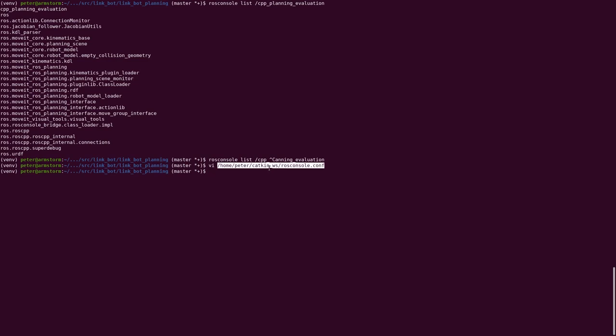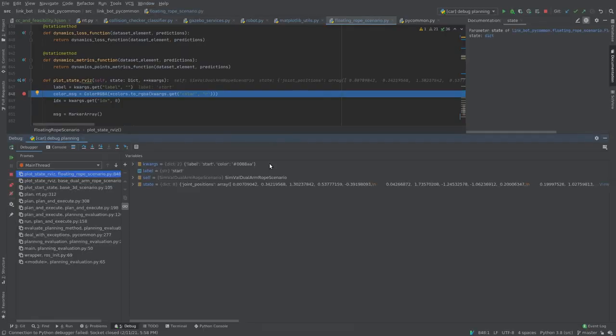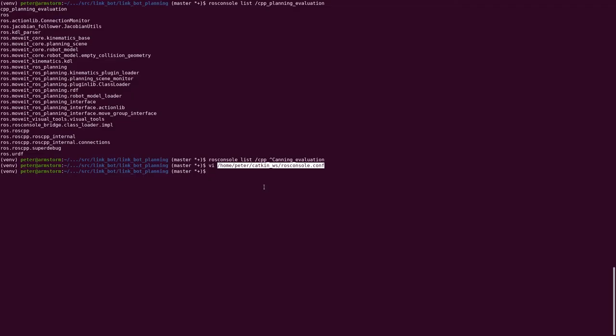Files, you can have lots of, you can enable messages, nodes,